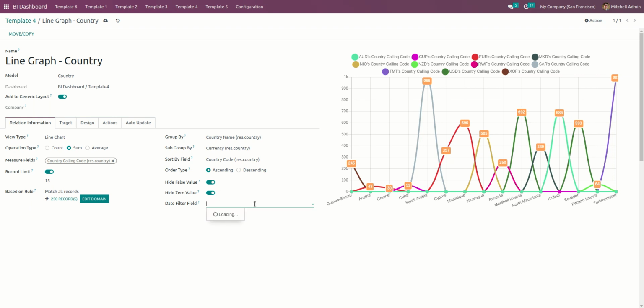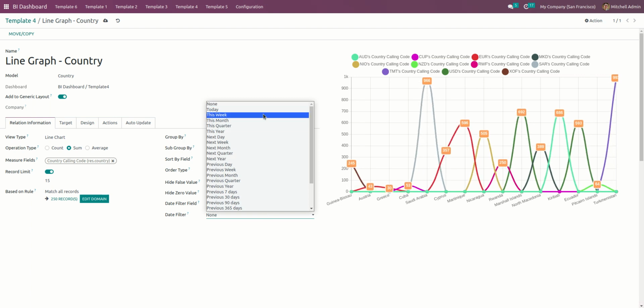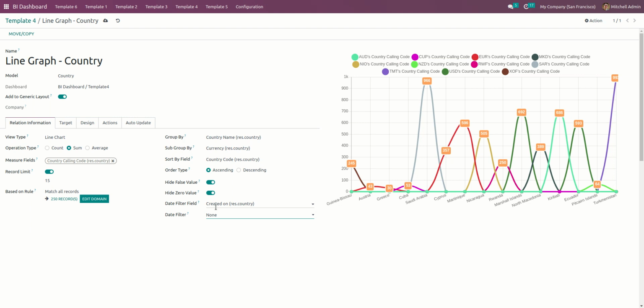Date filter field: if you want to define any date related filter, let's say today, this week, this quarter, this year, next quarter, next month, next year, you can change it accordingly, as per created on or last updated on. This date filter field will also change as per the model you have selected, and it depends on what date related fields are available in that model.